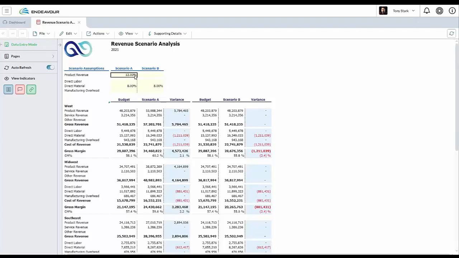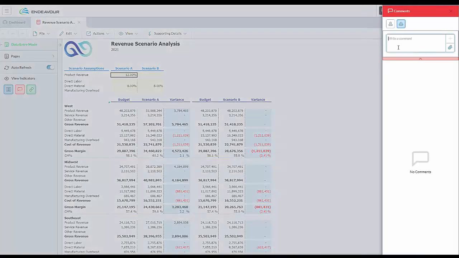So with that being said, users can go into Prophix and add comments where necessary. So for the assumption in scenario A of a 12% increase in price, what we can say here is that price increase passed on to customers. Within these comments, you can attach supporting documentation. So if we have a different financial model that really models out why this number is 12%, you can also attach that to the comment so that the end user analyzing this information doesn't have to chase you down for